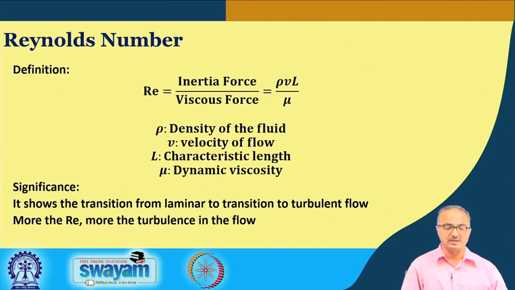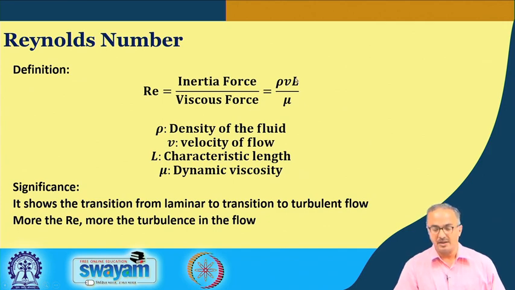So, first we shall take the Reynolds number, and we have seen that it is defined as the ratio of the inertia force to the viscous force. I will not be going into the detailing and the derivation of this Reynolds number. I will be giving only the final expression, and here you find that this is rho v L by mu. Here rho is the density and mu is the viscosity of the particular fluid. And Reynolds number is associated only with fluids, that is gases or liquids, and not with any solids. That you must remember.